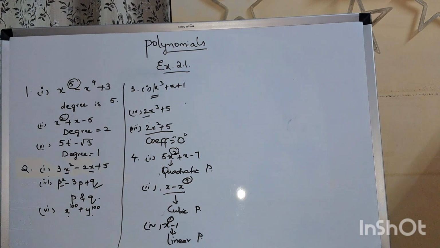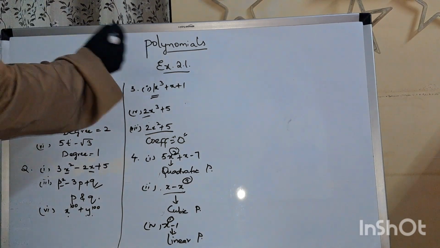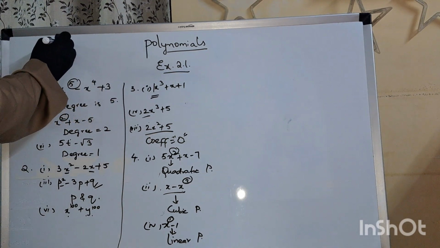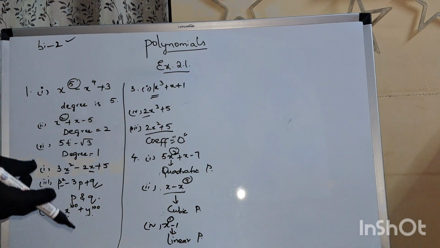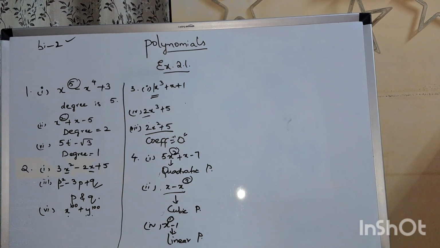Justify your answer. A binomial has two terms. Binomial, bi means 2. Yesterday, as I already told you, bi means 2, right? So the binomial is having 2 terms. Yes, it is true. Next is every polynomial is a binomial. A polynomial can have many terms, right? Not only 2 terms. So that is false.